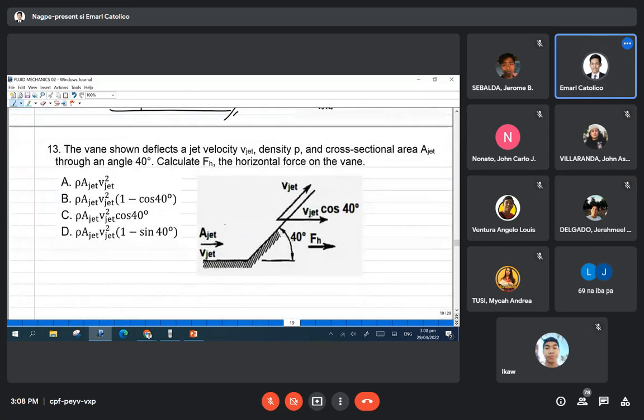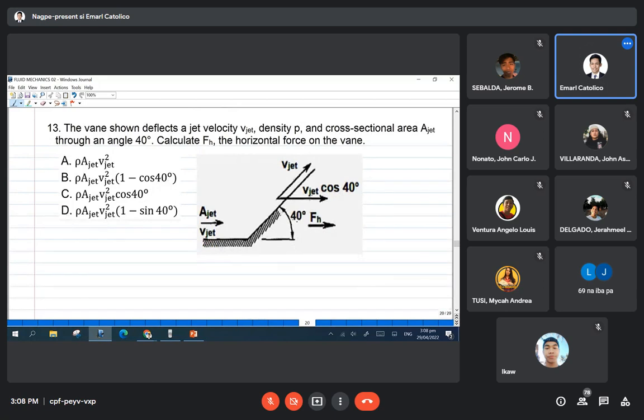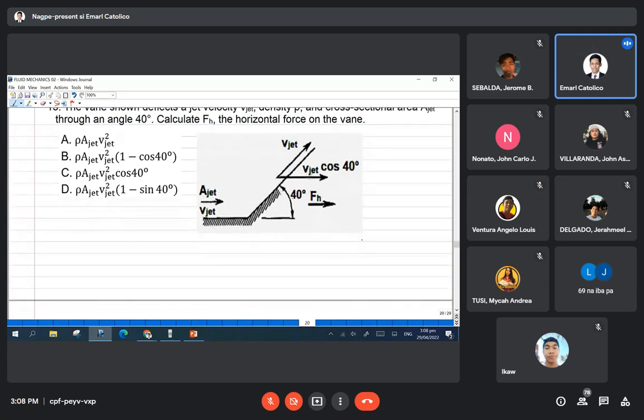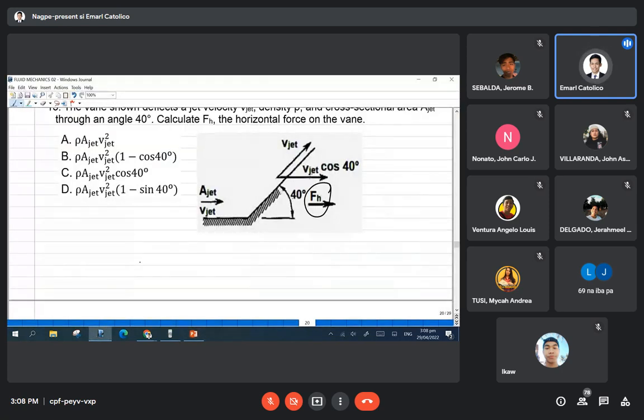Okay, number 13. Oh, mag-figure na naman. So, number 13, the vane shown reflects a jet velocity, V-jet, density, and cross-sectional area of jet through an angle 40 degrees. Calculate the horizontal force on the vane. So, ang hinahanap dito is FH. Okay? So, kapag FH, binigay ko na yung formula kanina. Kapag H, yan yung X natin. So, in terms of cosine, pag dinerive natin siya,